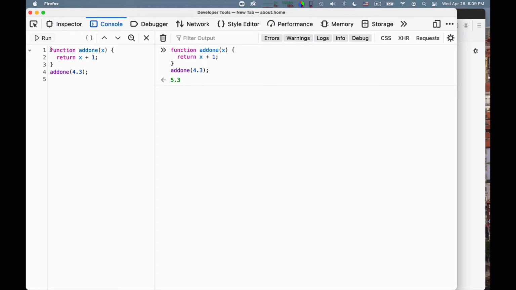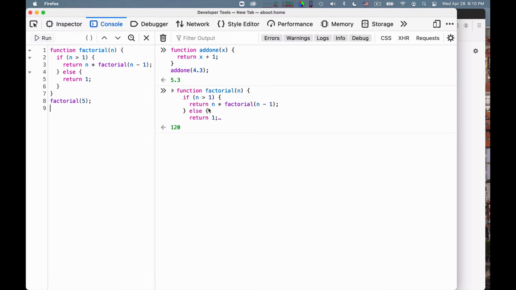Functions can also be recursive, so we can do function factorial. Okay, and in the body we can do a test. So if n is greater than 1, return n times factorial of n minus 1. Okay, and then there is an else branch in which we simply return 1. And if we do this, factorial of 5 should give us 120.